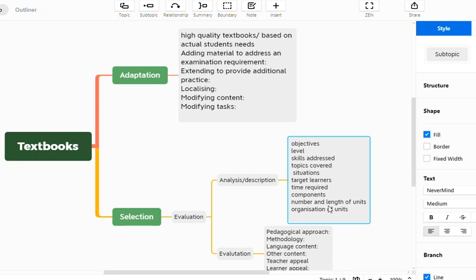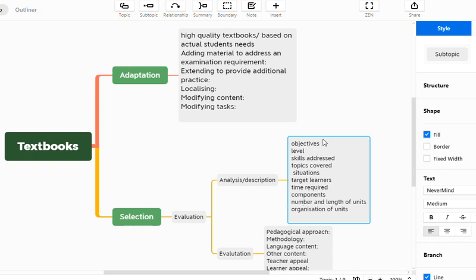You say that, okay, there are 10 units, and each unit is, for example, 10 pages. But you do not evaluate or assess the quality, the effectiveness of the materials. You only find the organization of the units, first oral skills and then, for example, written skills. This only refers to the description of the materials.